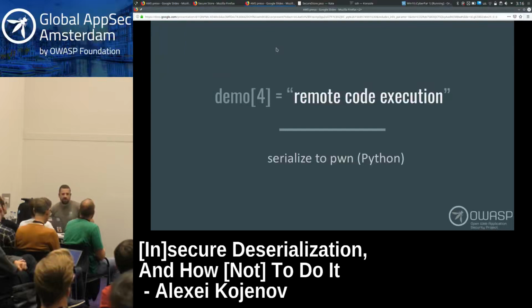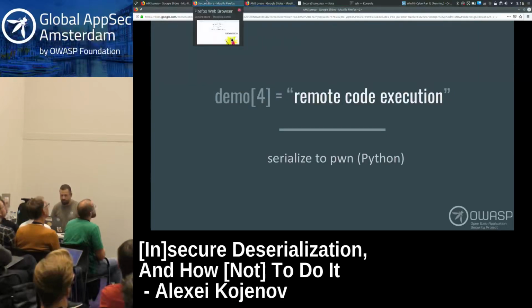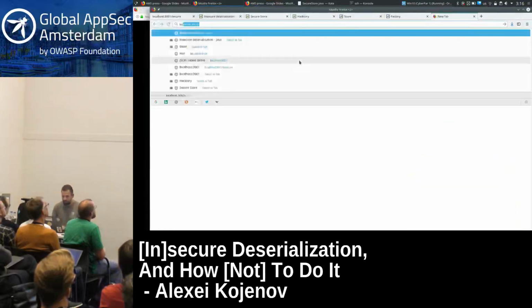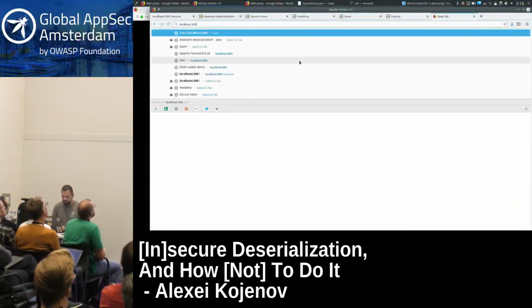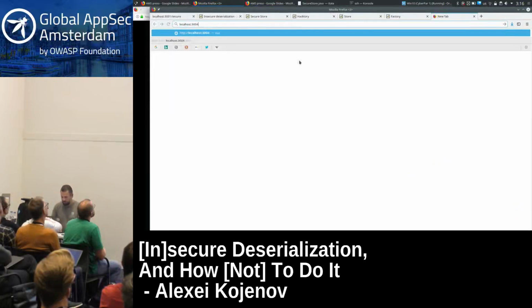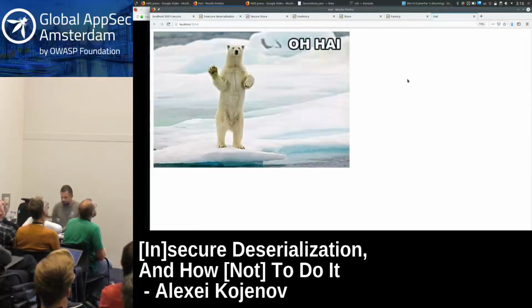Crashing the application or causing some other kind of denial of service attack is great, right? And many attackers are trying to do just that, but most of us would want to run code on the server so we can own it completely. So let's see how it can be done with Python. I have yet another application written. Let me clear the cookies. And so it's written in Python